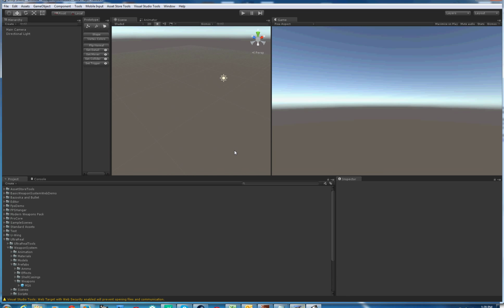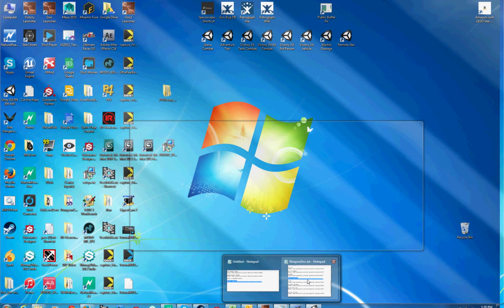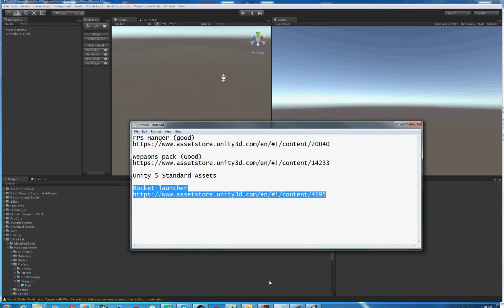Okay, this is tutorial 2 for the Ultra Real Basic Weapon System. I had to switch recording programs because the other one was just crashing on me, so hopefully things don't seem too different. All right, so the first thing we'll need to do is